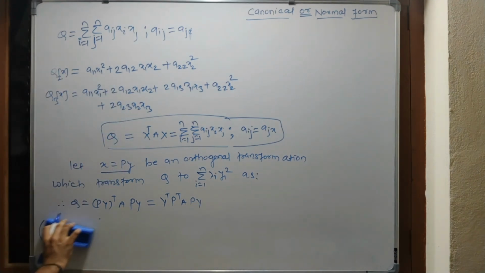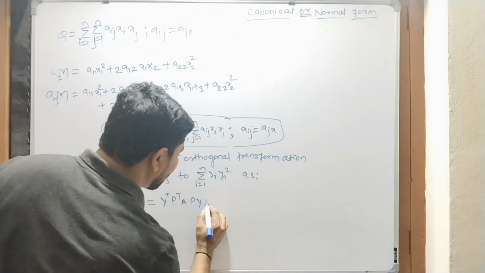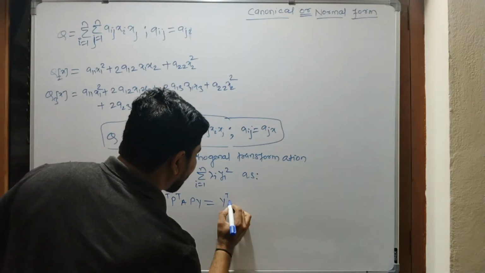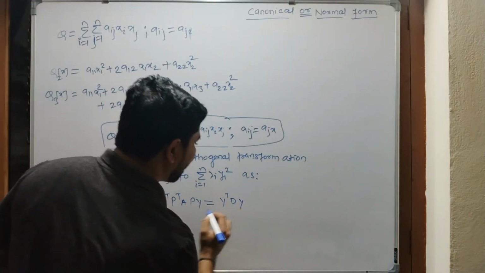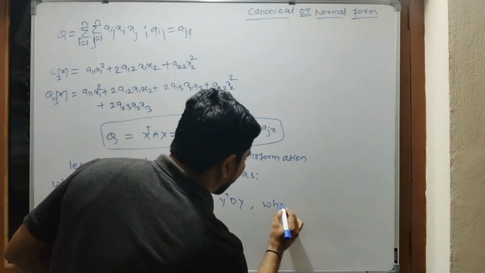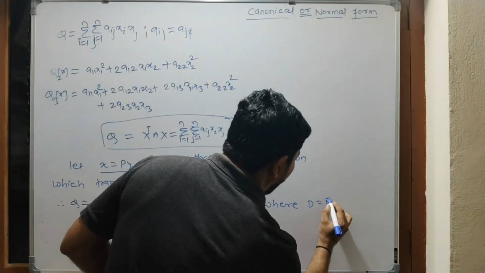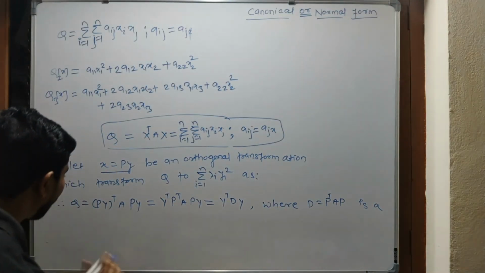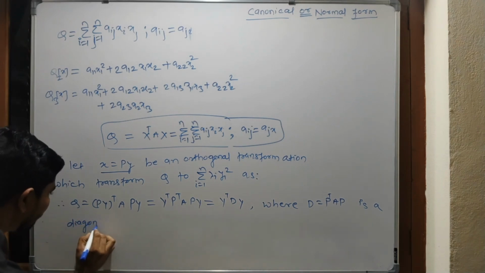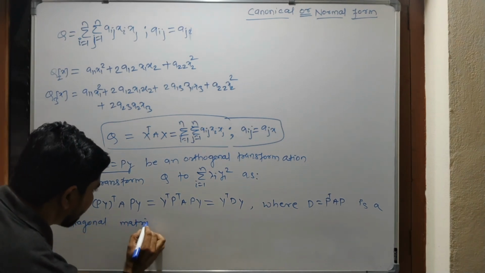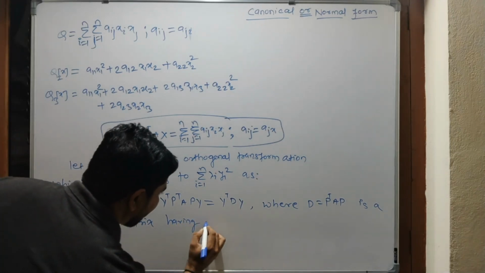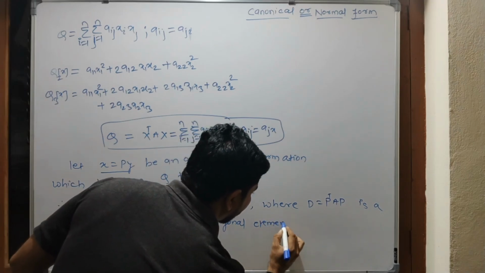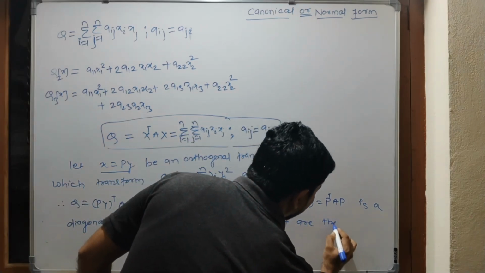So here, this is equal to, here I am writing this P transpose AP as D. So here Y transpose D Y, where D equal to P transpose AP is a diagonal matrix having diagonal elements that are the eigenvalues